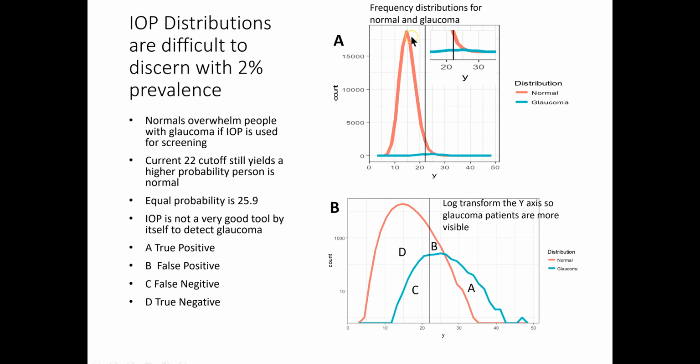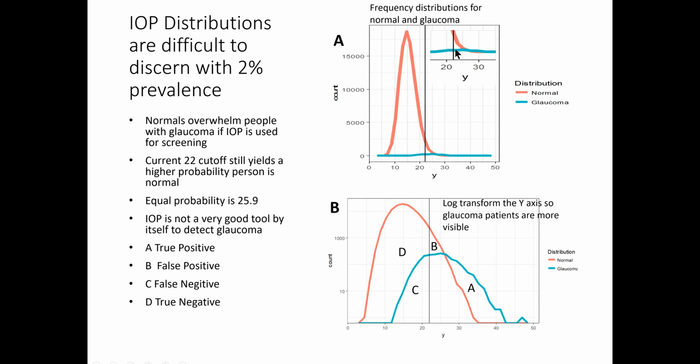Now, the red curve here is those people who are not glaucoma, and the green curve is the people that are. And only 2% of the population, the entire population, has glaucoma. And this black line is the 22 cutoff. And this little area right here, I magnified up here. So you can see that at 22, 23, and so forth, if you have a patient in your chair that